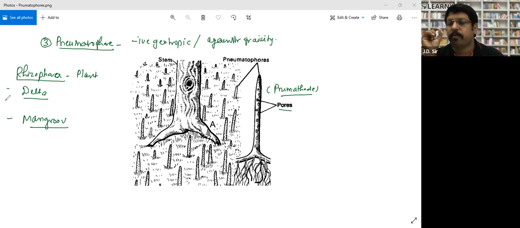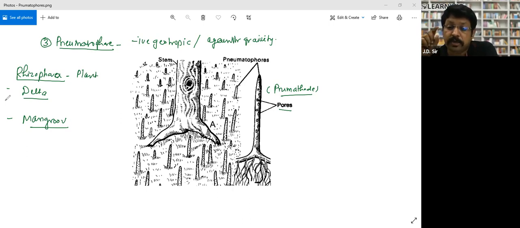Let me tell you one more important point, which is important for your examination. These are plants which grow in the deltaic region, where the salt concentration in the soil is so high that it can degenerate any plant, or no plant can grow there. But mangrove plants grow there. So what is the peculiarity of this plant? Actually, they are viviparous. Seed formation takes place, but the seed never falls on the ground, because if it fell on the ground, it would never grow due to the high salt concentration. So the seed remains attached to the mother plant and starts germinating there.